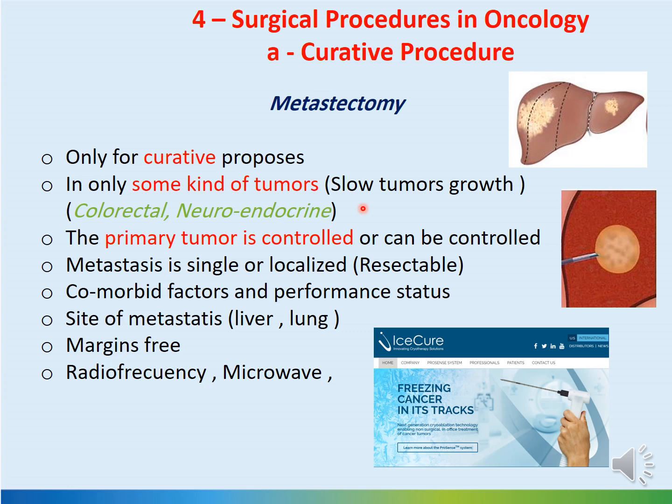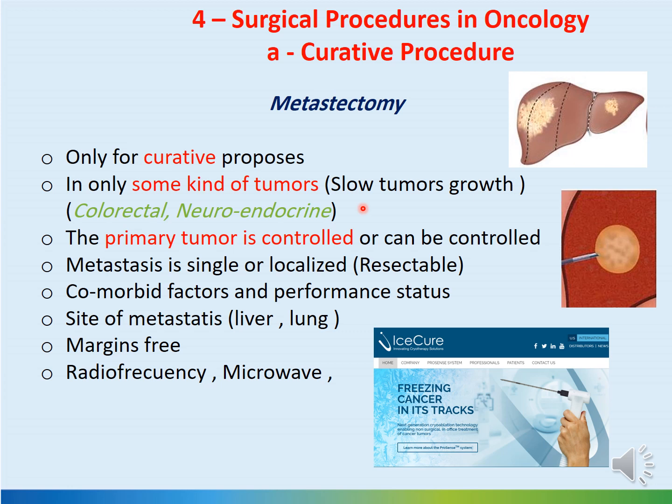For example, in head of pancreas cancer or stomach cancer, when we have liver metastasis from this type of cancer, we know that it's end stage and the patient will not get a cure from surgery, so we will give other types of treatment like chemotherapy and maybe radiation therapy. While in colorectal cancer and neuroendocrine cancer, we can get the cure after removal of the primary tumor and the metastasis. But we have some specific rules in this situation.